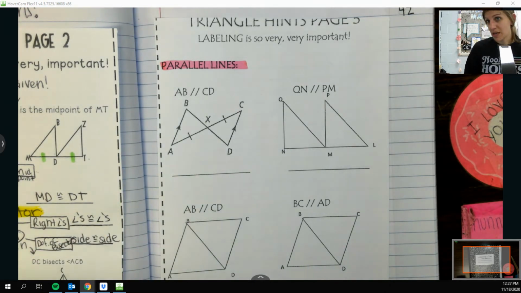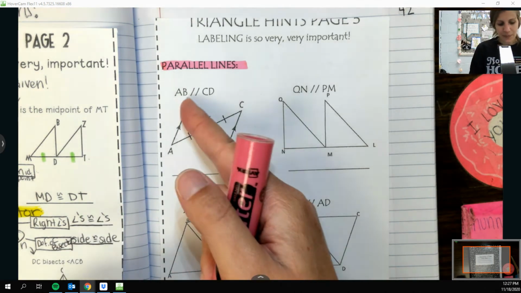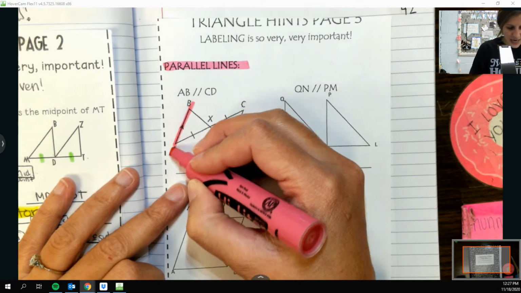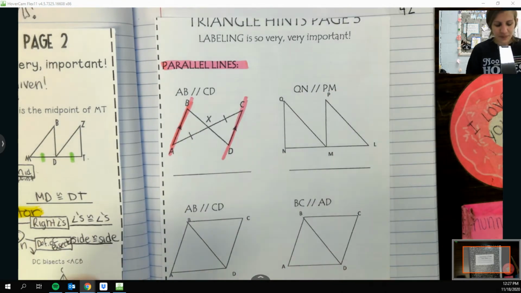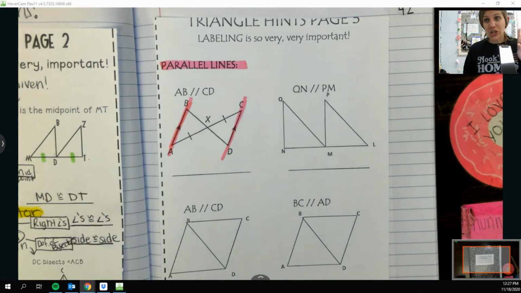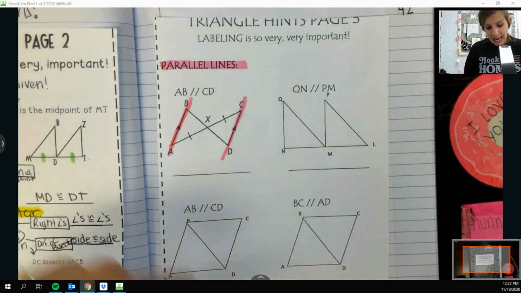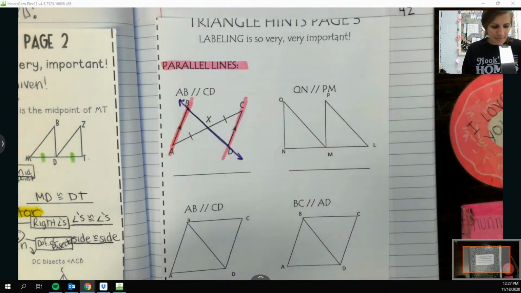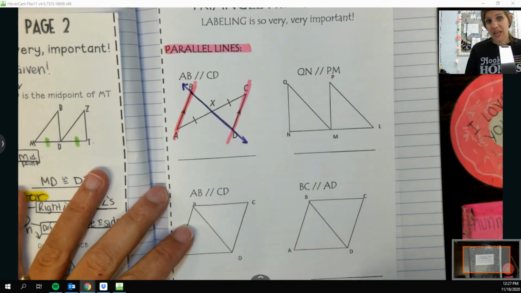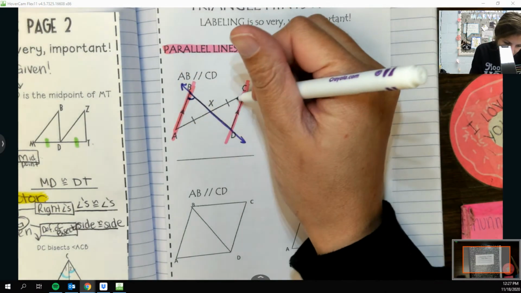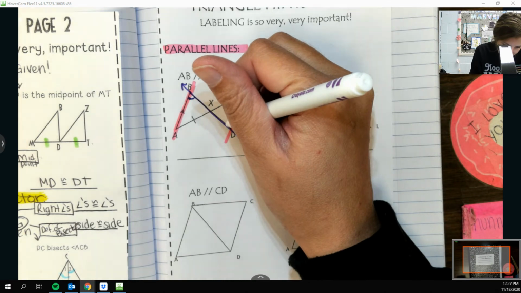So we could say that corresponding angles are congruent, or alternate interior angles are congruent. So for example, if they tell me that AB is parallel to CD, whenever I'm parallel, I have to have one transversal. So you got to make a choice in this case. And so maybe I go with transversal BD. I could go with the other one, but if I pick this one, I'm pretty sure that right here, and oh no, not there. Oh my God. And right there,